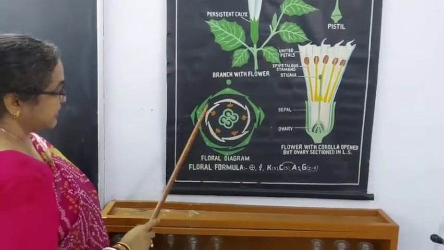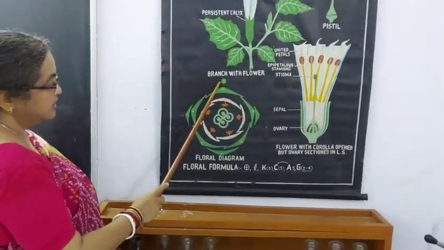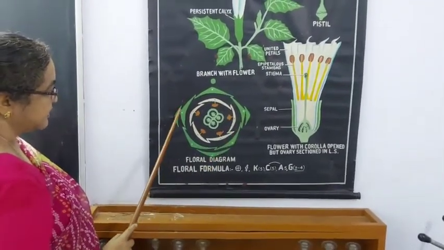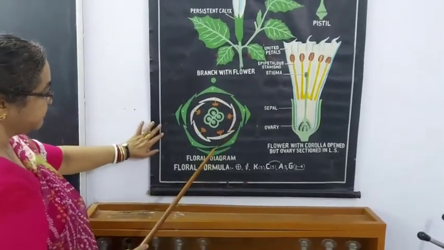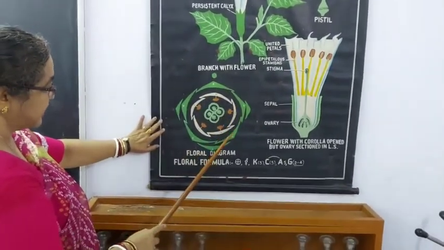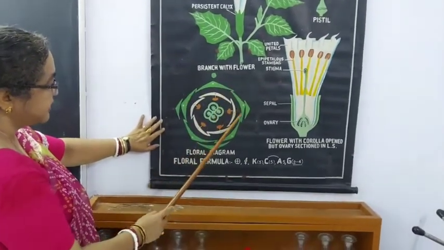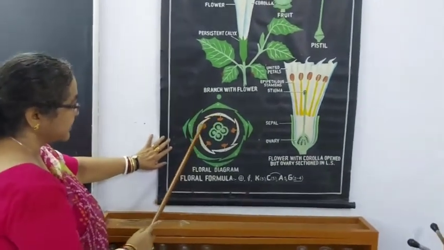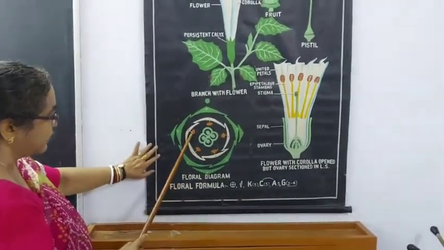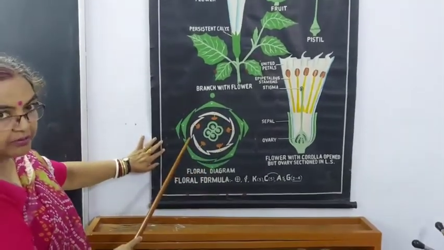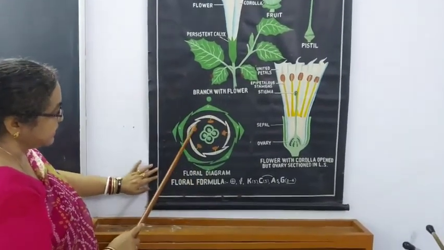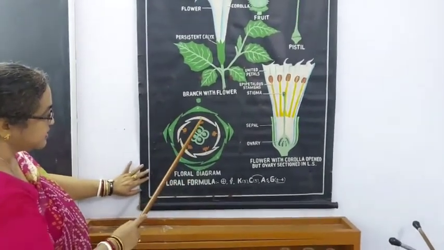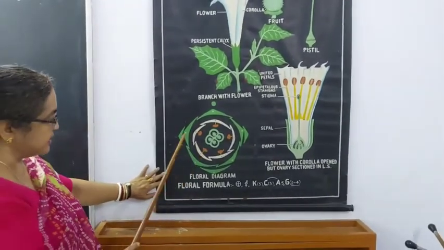This is the floral diagram, it is very important. You have to draw the mother axis. This is called the mother axis. Then you can see that there are bracts, so it's a bracteate flower. This one shows the bracts, these three. Then this is the calyx, the green one. They all are joined. So this condition is called gamosepalous. Then 5 petals are there, 1, 2, 3, 4 and 5, and all of them are joined. So gamopetalous condition. Then you can see there are 5 anthers, 1, 2, 3, 4, 5, and they are joined with the petals. So this condition is called the epipetalous condition.